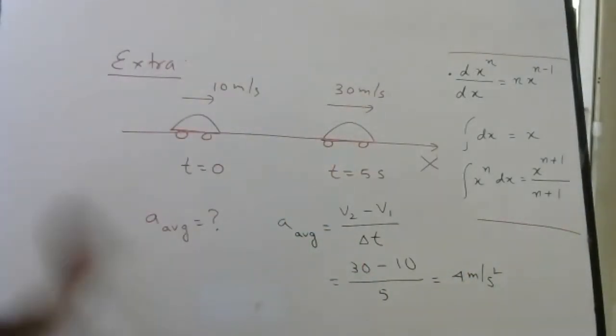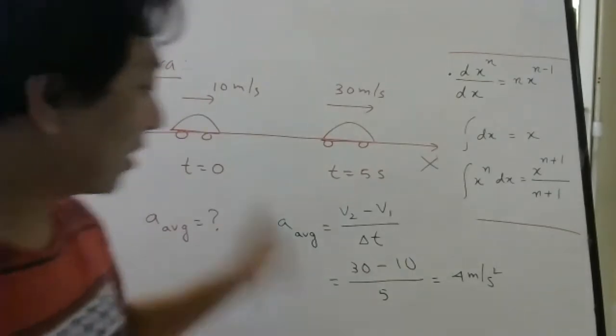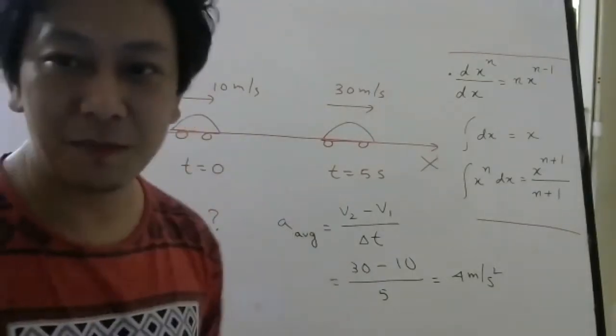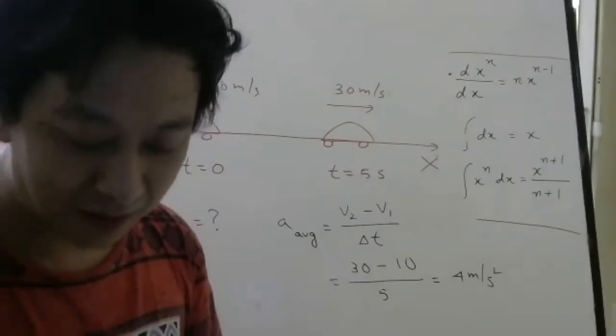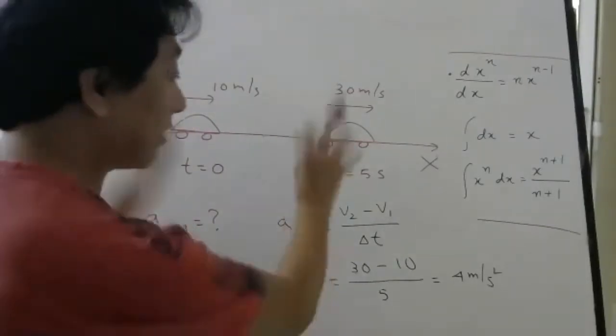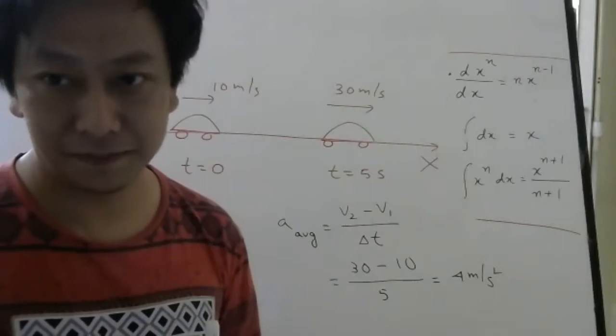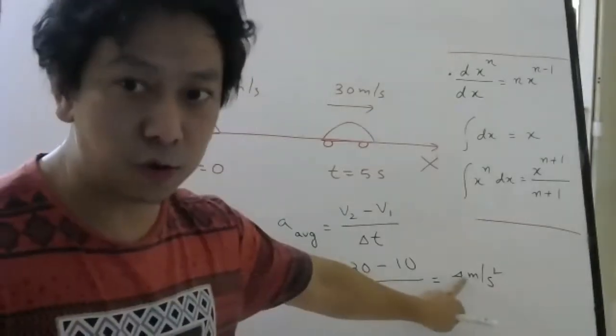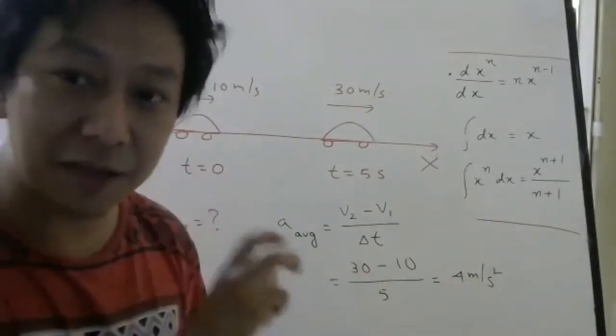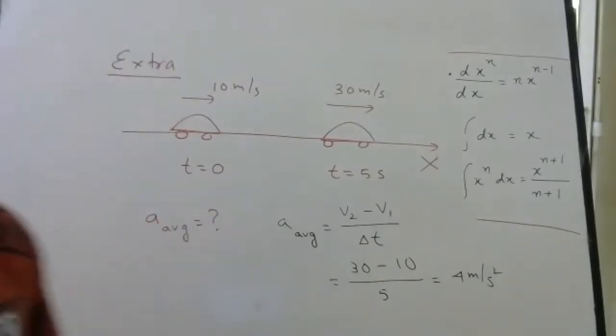Correct? Very simple problem. Sir, why are you wasting our time by doing such a simple problem? No, there is a reason. Suppose you want to do the same problem using vectors. You should get the same answer. Magnitude should come the same. So let us try the same problem using vectors. First you write.